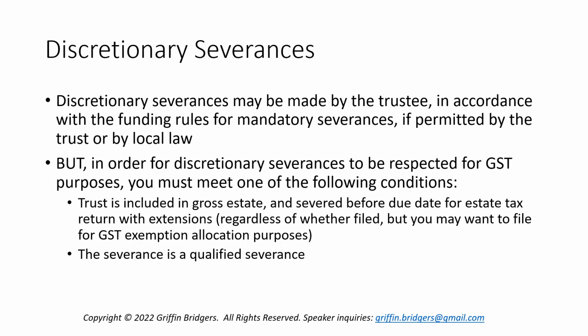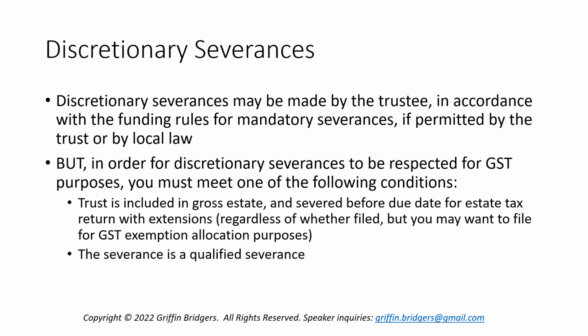So what we're going to look at as a whole is we're going to back up from the concept of qualified severances and look at this more in the vacuum or bubble of severances of a trust that the trustee has discretion to make either under the terms of the trust or under the terms of state or local law. But this is a situation where we don't have a mandatory